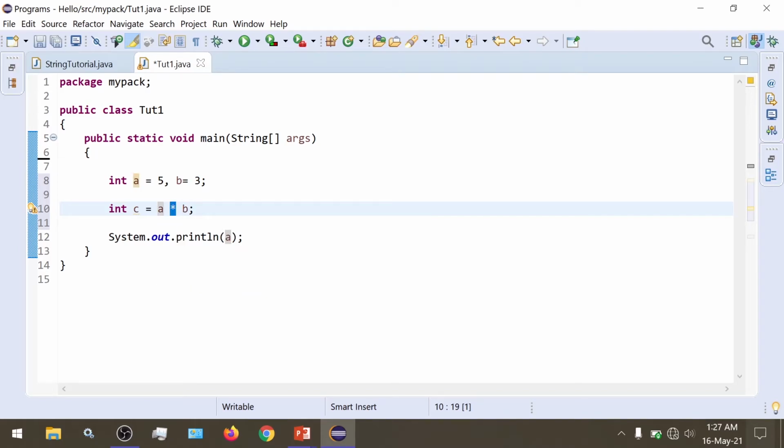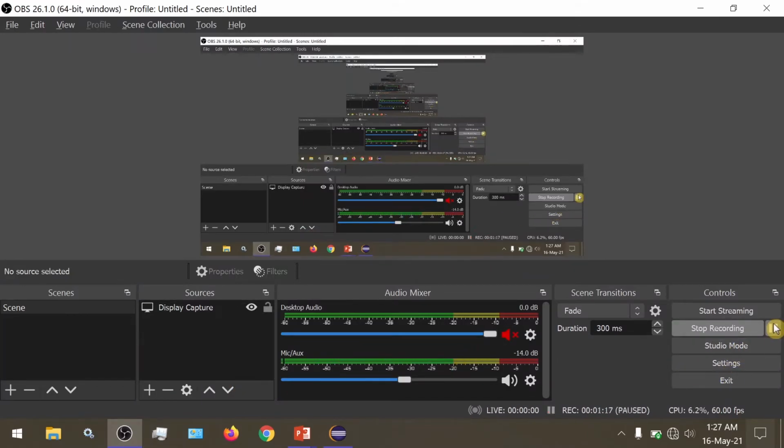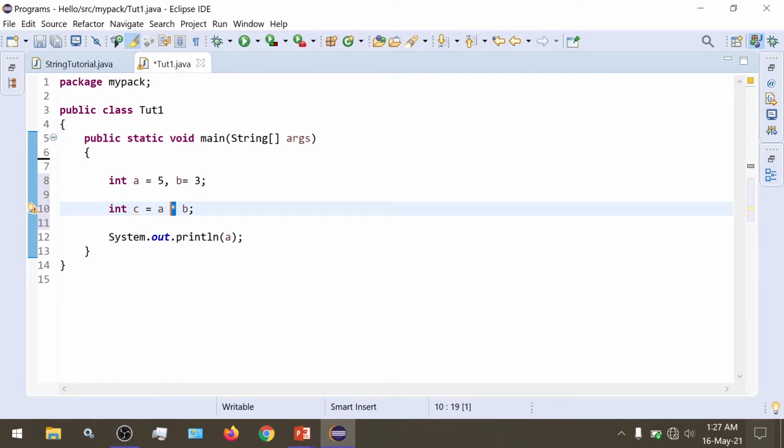We will see this operator in great detail in the upcoming videos. So for now, just understand that this is a multiplication operator and it is used to perform multiplication of two numbers. So here, the multiplication of a and b is performed and the result is assigned to the variable c. This is called dynamic initialization because the value of the variable c is not specified at the time of the program writing, but it is a result of a dynamic runtime operation. So it is dynamic initialization.